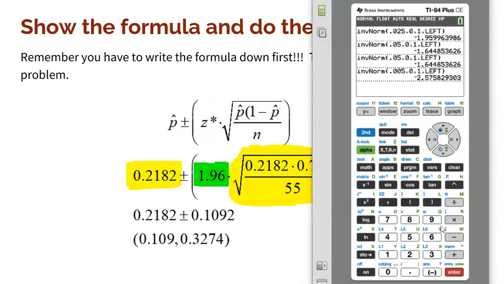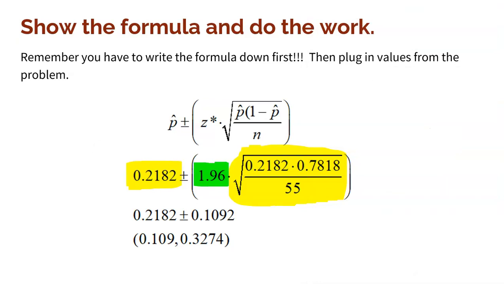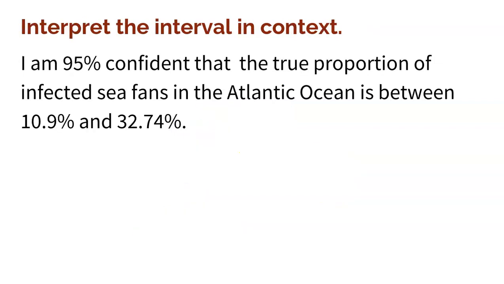Notice it gets wider. So if you want to be more confident, you do have to be wider. I mean, that makes sense. If you want to be more confident to catch fish, just make a wider net. Come on. So with more confidence does come a wider net. So that's just going to change your z-star. That will not change your p-hat. Your p-hat is what it is. That will not change your standard error. But based on how confident you want to be, will change your z-star. Anyway, multiply the z-star times your standard error, get the margin of error, add and subtract that to get your confidence interval. Finally, step 4, I'm 95% confident that the true proportion of infected sea fans in the Atlantic Ocean